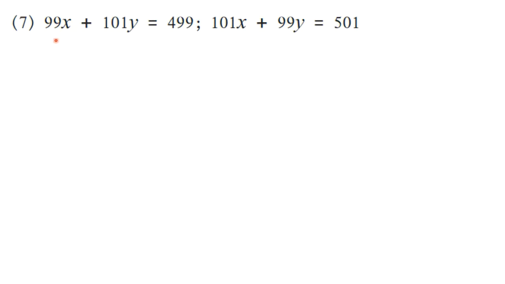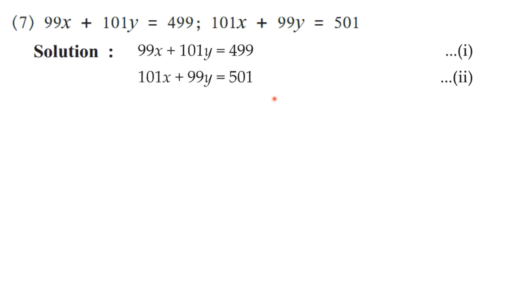Now see, the numbers are very big, so we cannot go for the elimination method, that means the equating the coefficients method, or the substitution method. So here we have to use the ASA method, add, subtract, add method. The very first thing while solving is to observe the equations and check whether they are in standard form, that is ax plus by is equal to c. Here the equations are in standard form. So we have to number them as 1 and 2. This is the very first step.